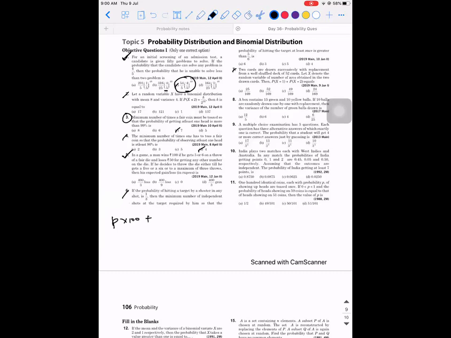Or what will happen? First he might fail, and then he might succeed. If this is happening, then what will happen? If he fails, how much is he going to lose? Minus 50. And how much is he going to win? 100. Plus what can happen? He can fail two times and win the third time. Then it is going to be minus 50 plus 100. Plus he can lose all that time, right?